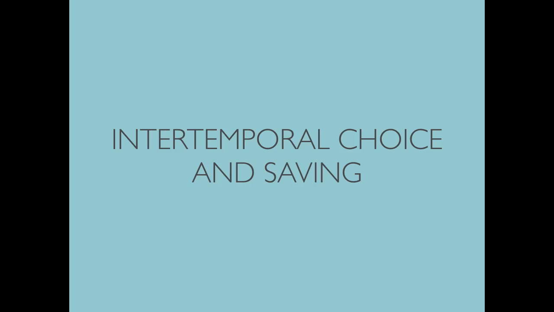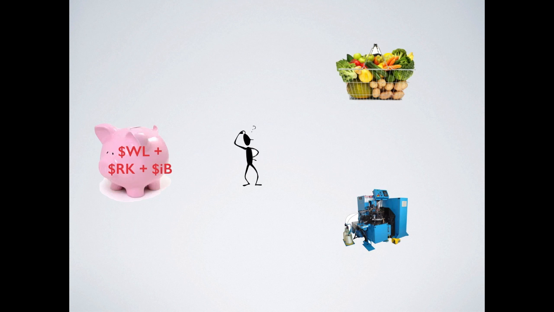Now we move on to another topic, which is intertemporal choice and saving. Here the word intertemporal means anything involved with more than one period. So if you consider some choice between today and tomorrow, then that would be called an intertemporal choice decision. A typical one would be like this. Every period we have some income flow into the piggy money, and then we always have to think about how to use it. For a typical household, he might think about withdrawing P dollars out of the bucket,